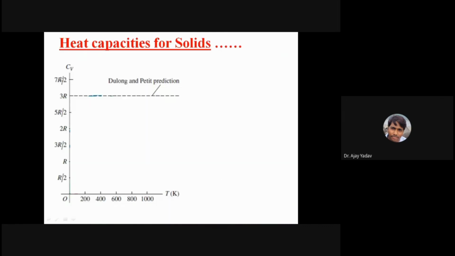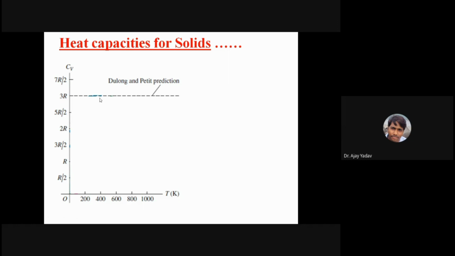So the y-axis here is the heat capacity at constant volume. The x-axis is the temperature, and this is what the Dulong and Petit theoretical formula is. Cv equals 3R. Can you see this horizontal line which I am drawing? Yes, sir. Okay. But